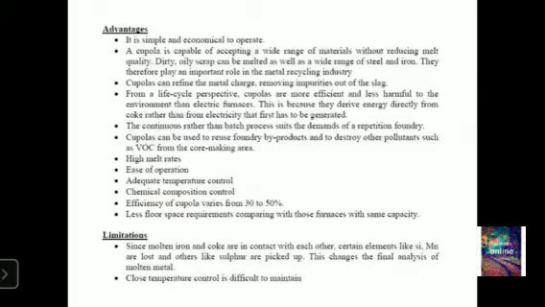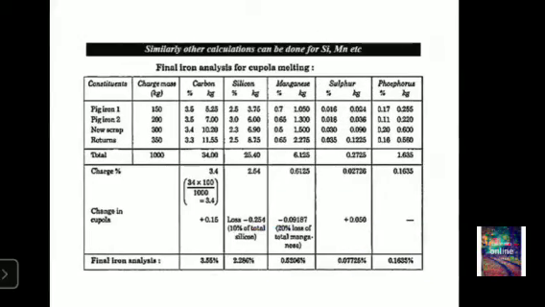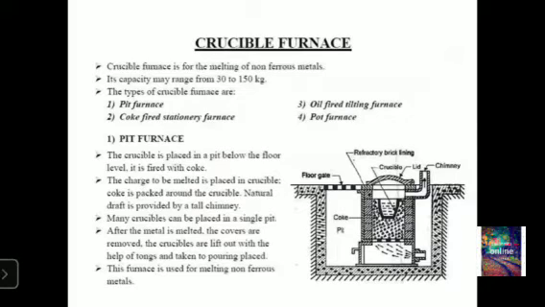applications వచ్చేపాటికి, the main application of the cupola furnace is producing different types of metals like cast iron, like malleable and gray cast iron, and copper-based alloys are also manufactured by this device. So right, now we will move on; these are the problems. I will give the charge calculations and the problems after completion of the furnaces, we will deal with the problems also, right? We will move to the crucible furnace.